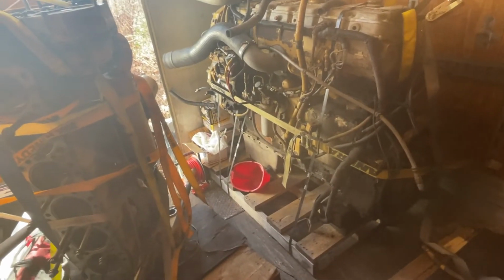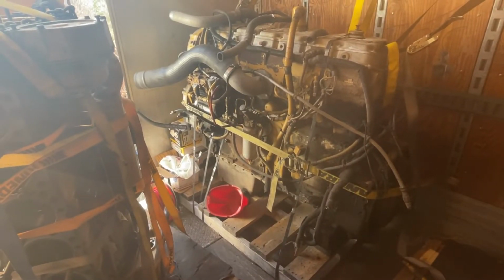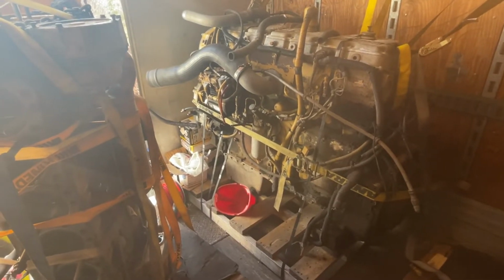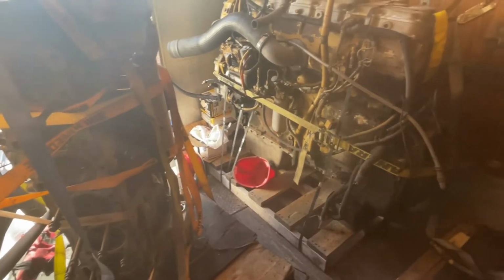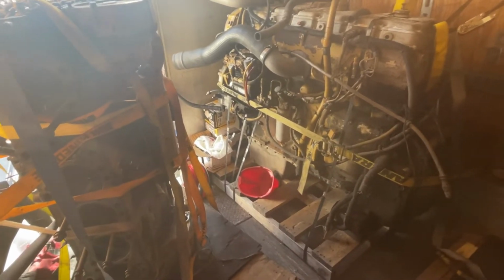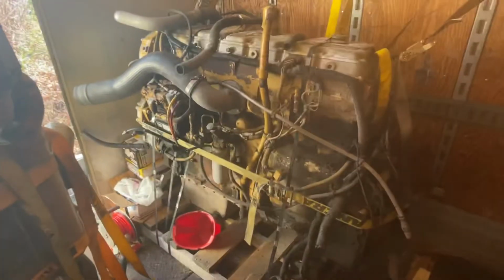I may end up getting, it's not PAI, it's an IPD kit with a one piece steel top piston from IPD, and then just getting Caterpillar rods and mains and stuff. I think that'll be good. And then get a Caterpillar head gasket and stuff like that for the critical parts, and then get a brand new, what do you call this, a brand new spacer plate, either from IPD